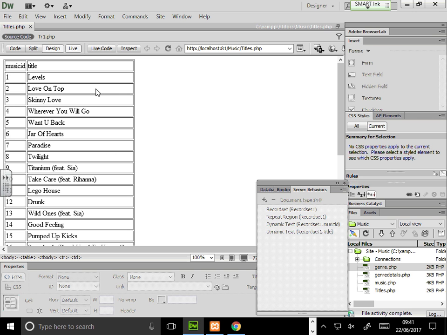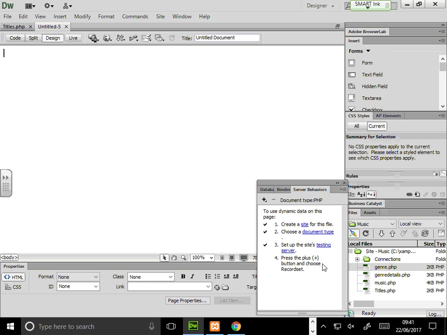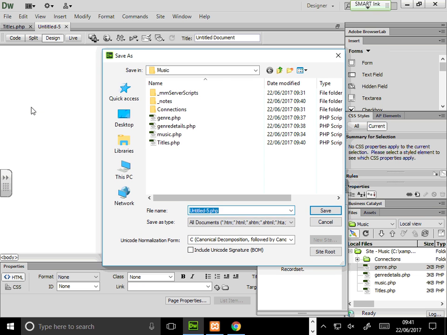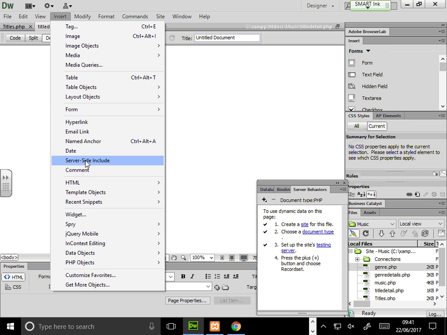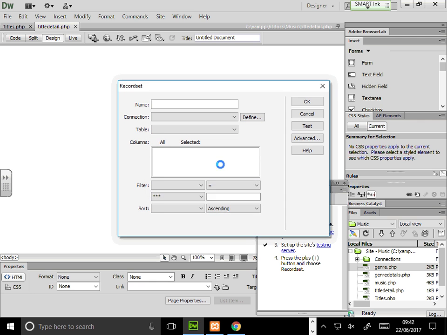So the next page which I'm going to create now, I'm going to create this as a hyperlink and create another page where I'm going to link it to the title. Basically click here and go to that page. So file, new, file, save, title detail. Right. Now in this page, I'm going to create a record set, dynamic table record set. I'm going to pick up everything from here, but this time the filter